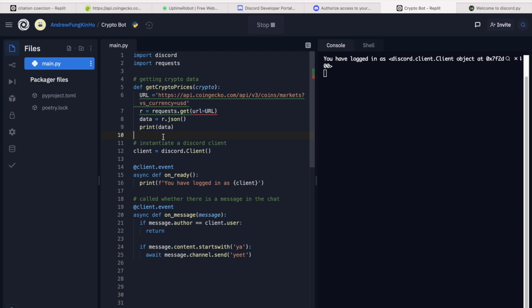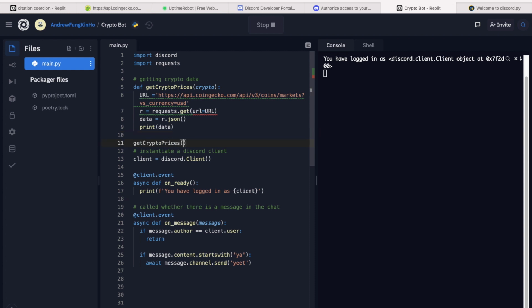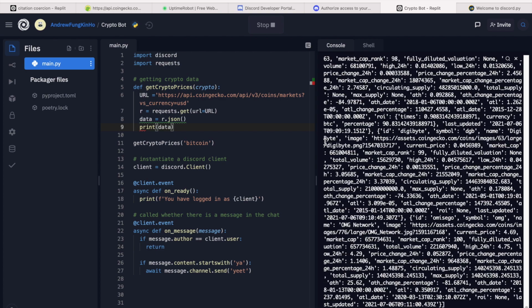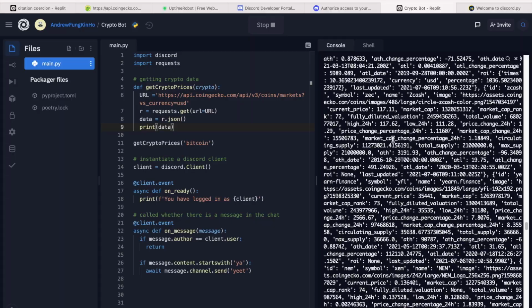And we can call the function here, get_crypto_prices, and let's do Bitcoin. We haven't configured the routing for crypto now, so it will just be a blank JSON. So we have got the JSON that we needed.